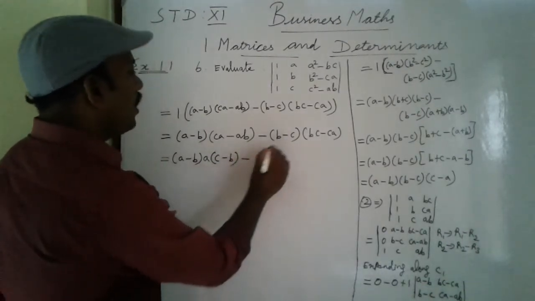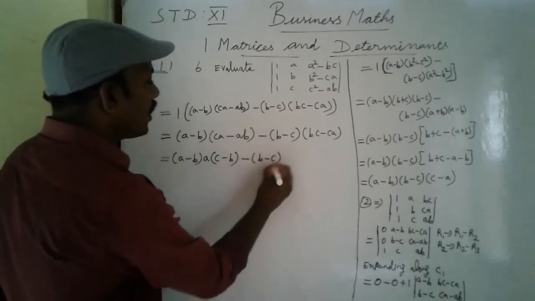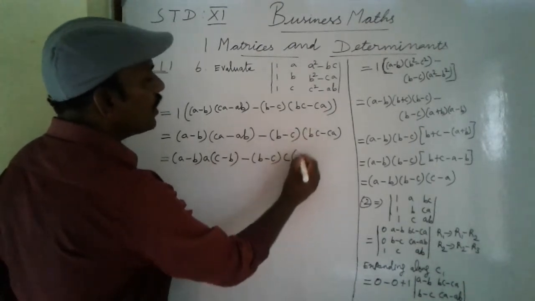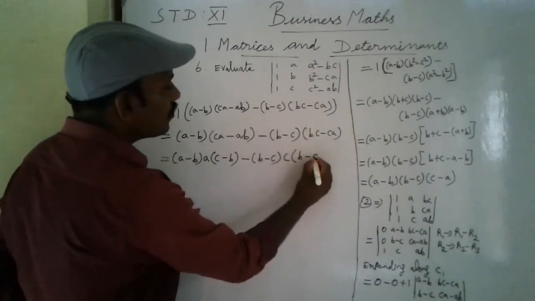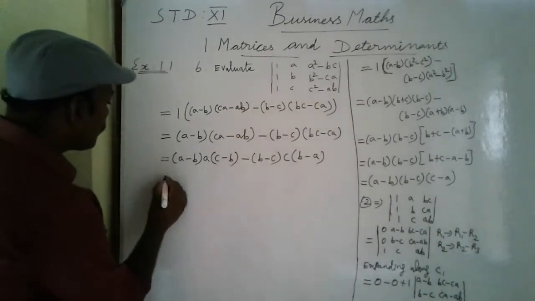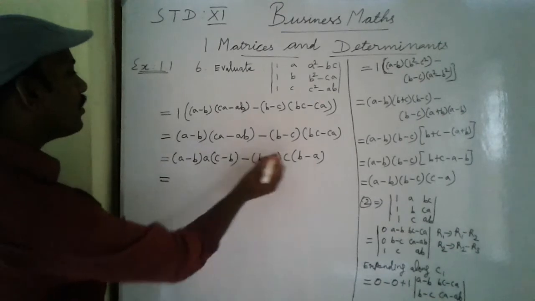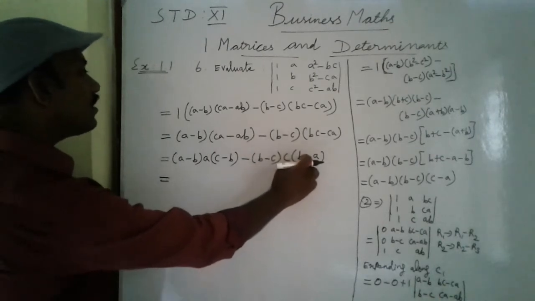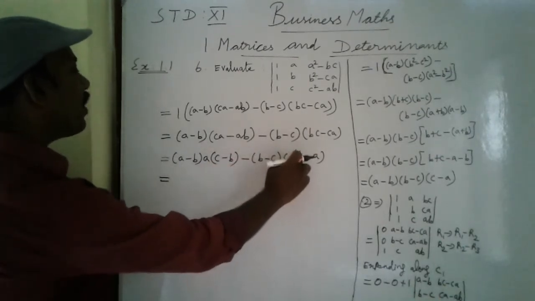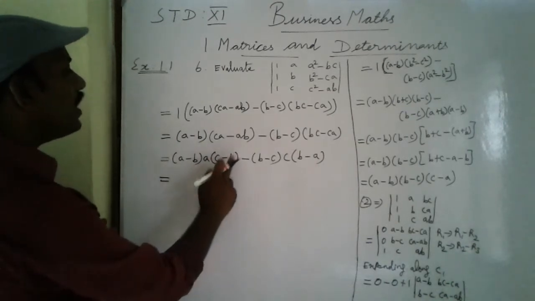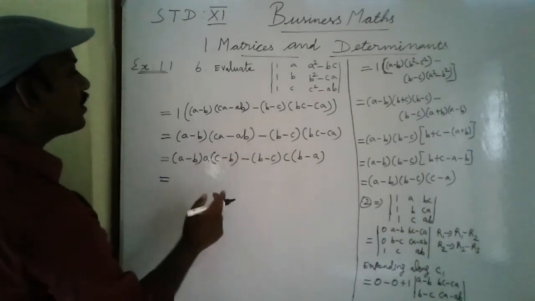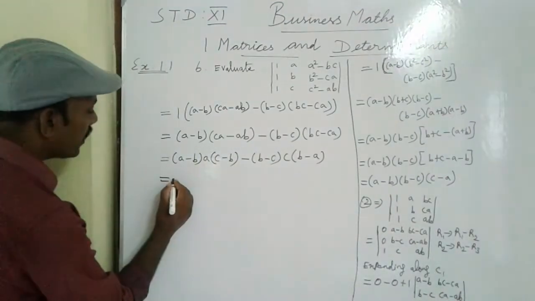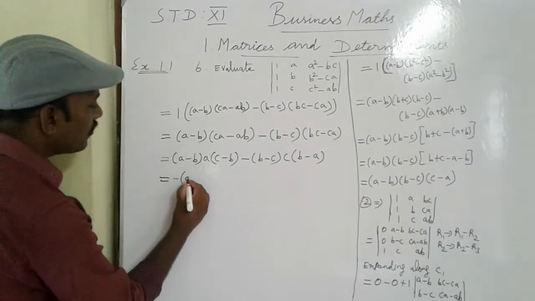Minus, here B minus C. Here C is common in both terms. So C take out. What is remaining? B minus A. Next row. These both terms are A minus B, here common, here B minus C. So we should change it, minus is common, take out, then it is also A minus B. C minus B, here B minus C. So we should take a minus common here, so B minus C. So minus take common, A minus B,